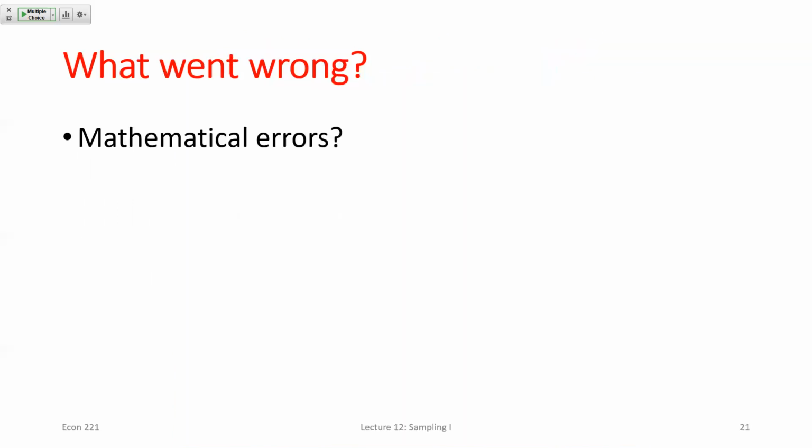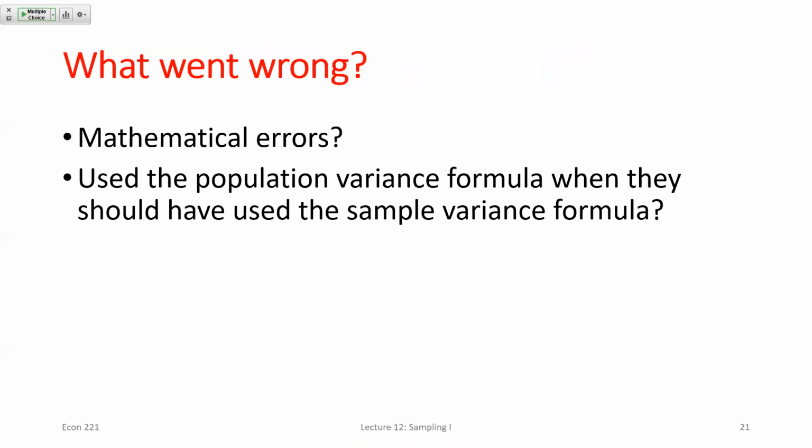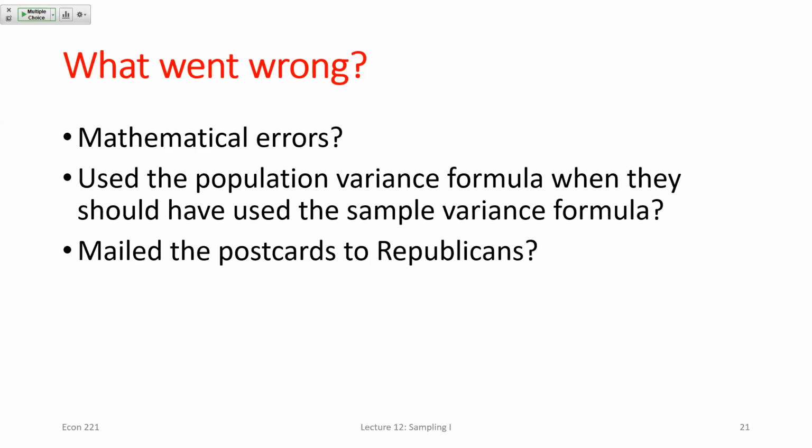I mean, obviously, they didn't make math errors, or use the wrong variance equations. Obviously not. There are some deeper issues behind what they did. Okay, so let's think about two possible biases that might exist. The first would be, what if they sent these mailers out mainly to registered Republicans? Landon was the Republican candidate, and FDR was the Democratic candidate. So if I only sent my mailers out to Republicans, my sample is definitely going to be skewed